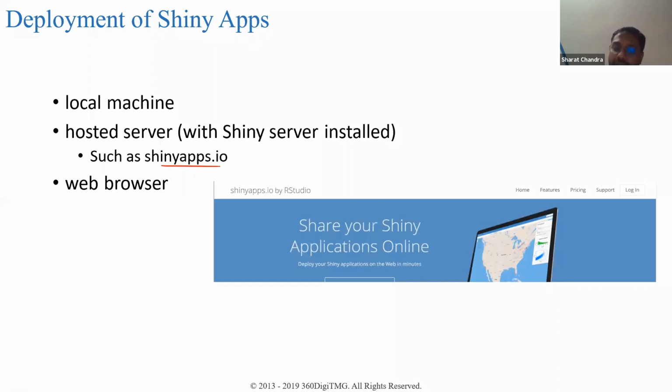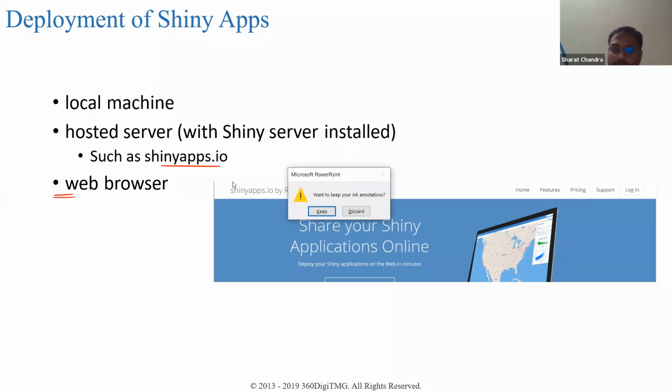You can purchase a license on that if you are using it for commercial purposes. And then you can directly share your deployed code or deployed HTML web application as a URL to your clients. And you can also use web browsers to deploy your Shiny apps.